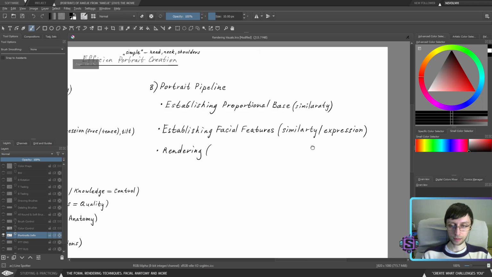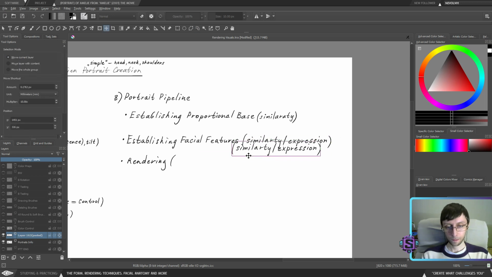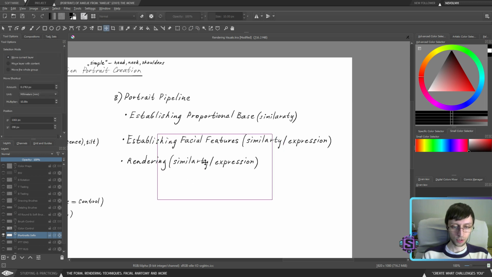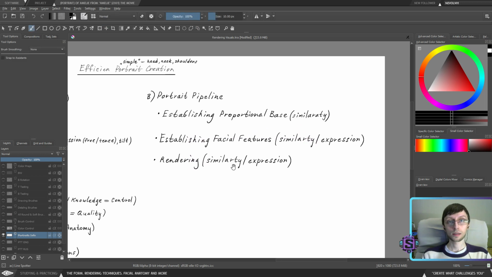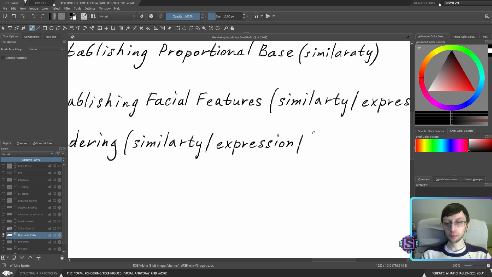Let's just duplicate them. Now we're adding a third element, and the third element, guess what?